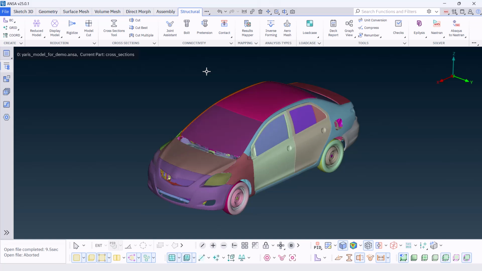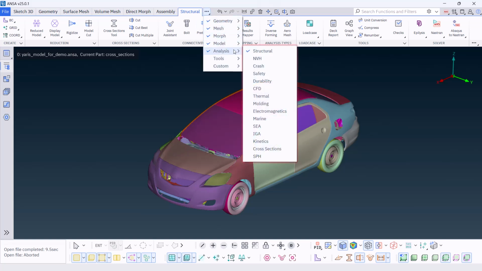In the new version 25, all the functionality is available directly from the ribbon with fewer clicks and mouse hovering. The basic logic here was to create as many analysis ribbon tabs as needed to organize all the functionality that has been developed for every discipline. Of course, we do not try to exhaust all possible disciplines, which will continue to be covered with the help of the XML. For now, we have supported structural, NVH, crash, safety, durability, CFD, thermal, molding, electromagnetics, marine, SEA, IGA,